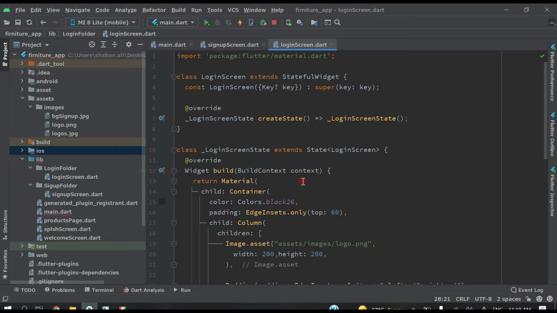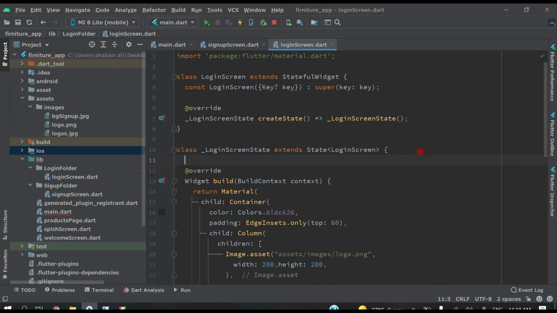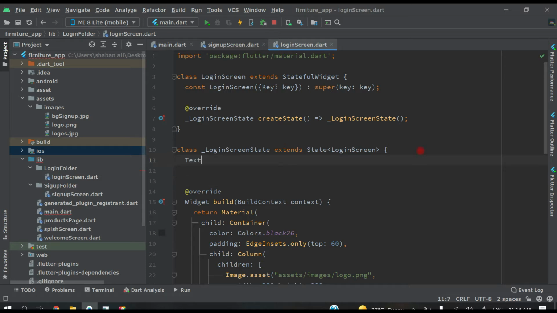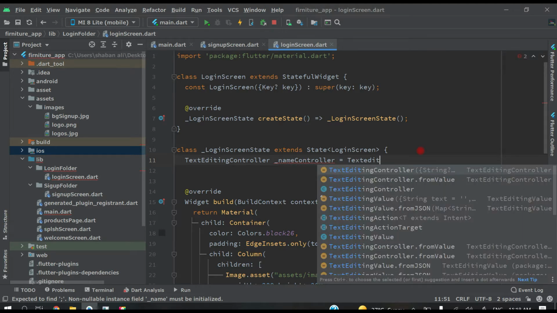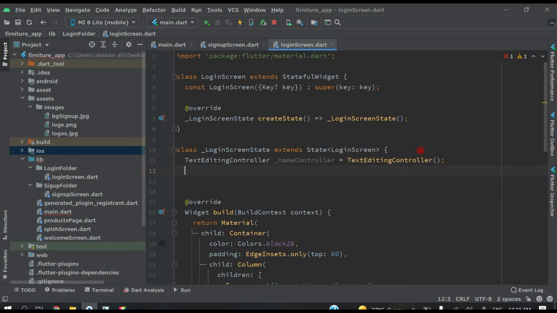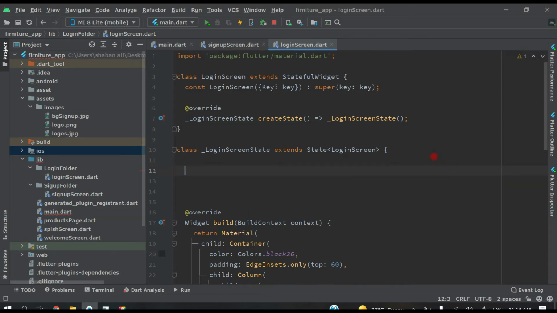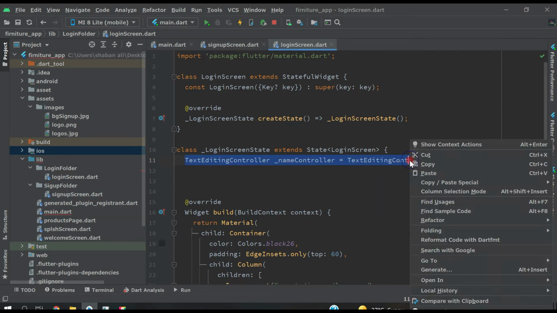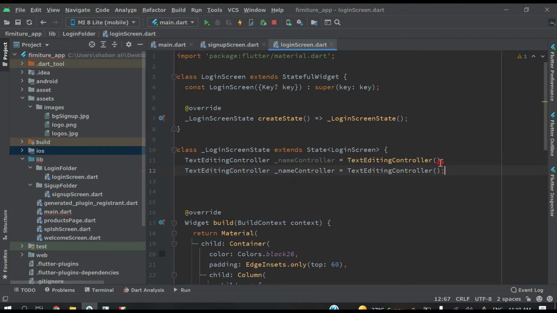So come here, and after this let's create TextEditingController _nameController equal to TextEditingController like this, and the second one, just copy and paste this again, and change it to email like this. Now we will use these controllers.